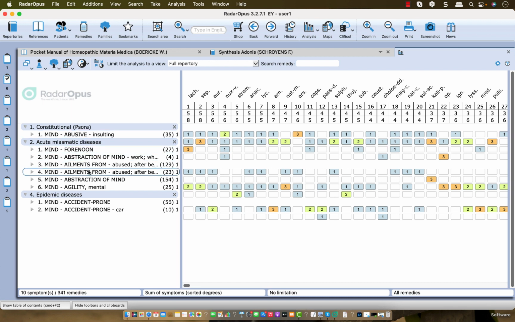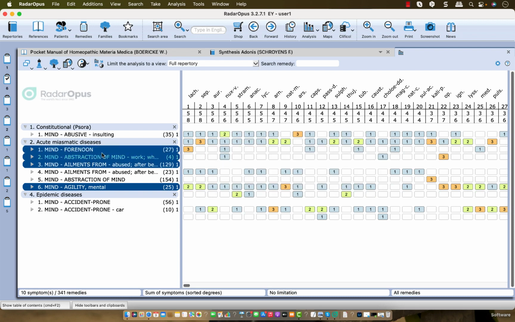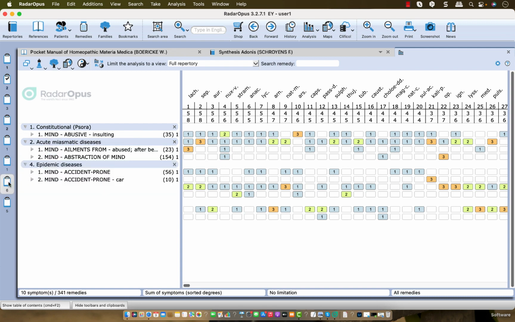So let me do that again. One click selects only one, and with Control on Windows and Command on Mac, I can select the other ones, and then I can move it to the clipboard I want to have it in. So let me do this one, and it's moved. Okay,